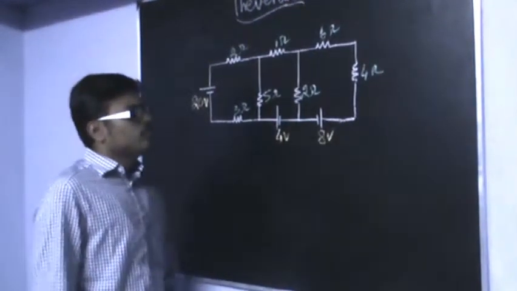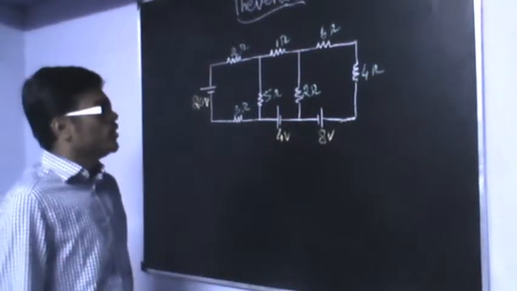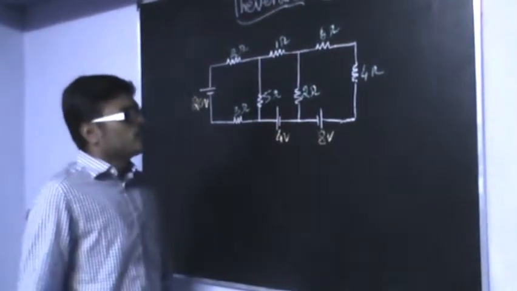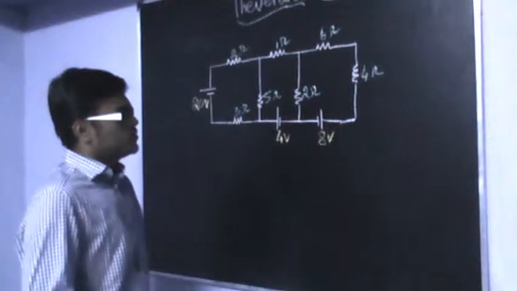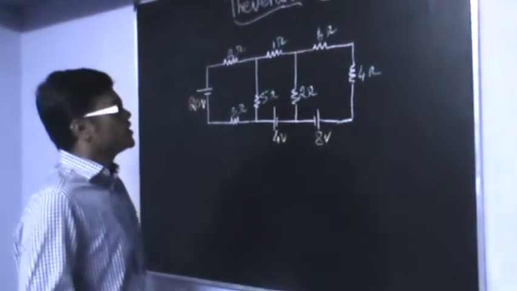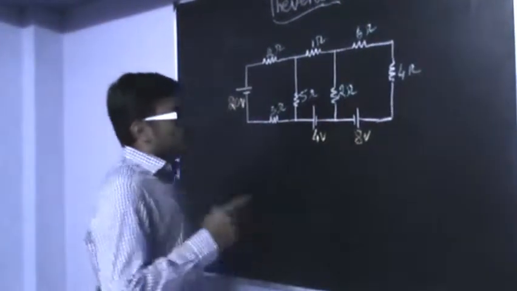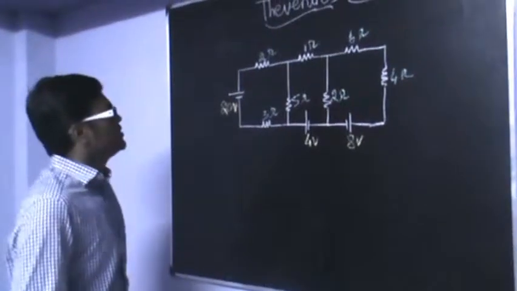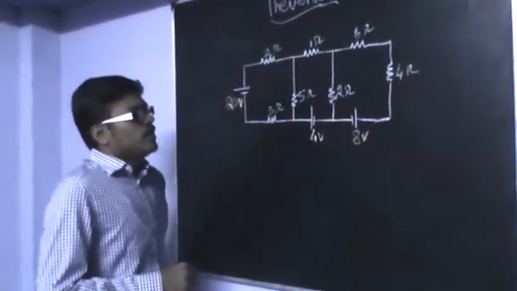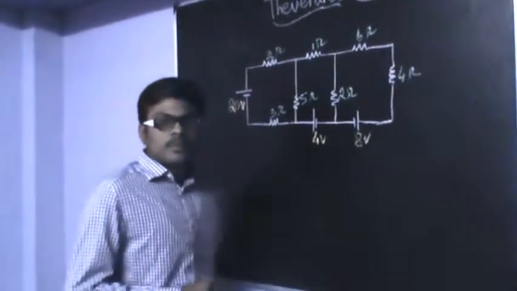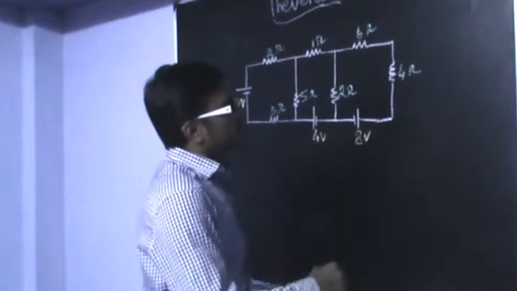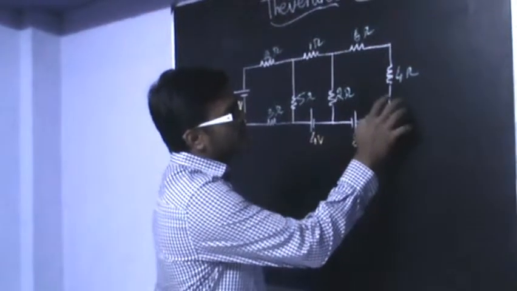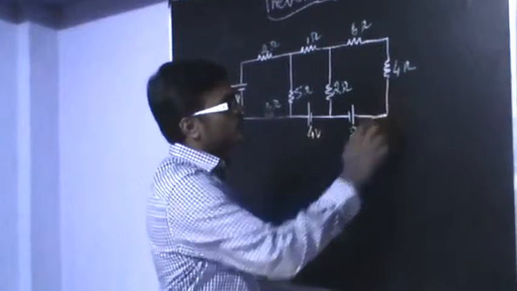This theorem is the easiest theorem to solve, but there are a few laws to apply in this. Let me go step by step. Now what Thevenin said is, let me assume that we have to find the current flowing through this 4 ohm resistor